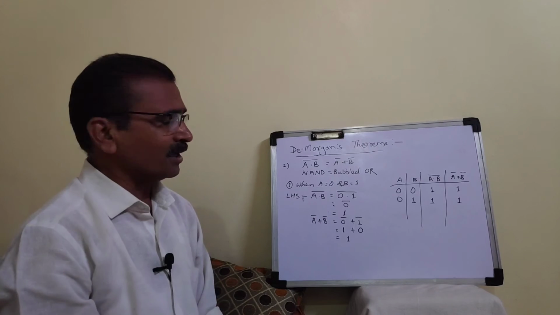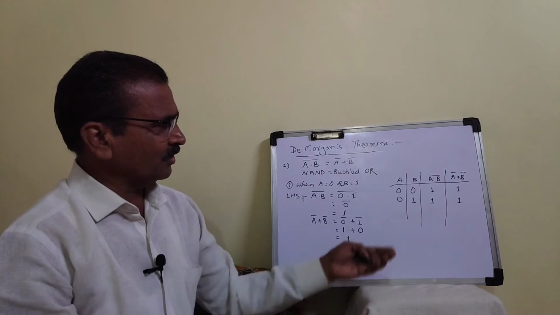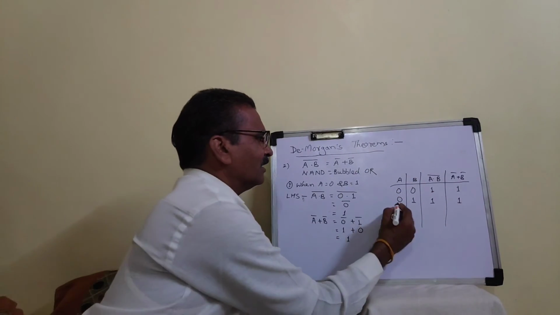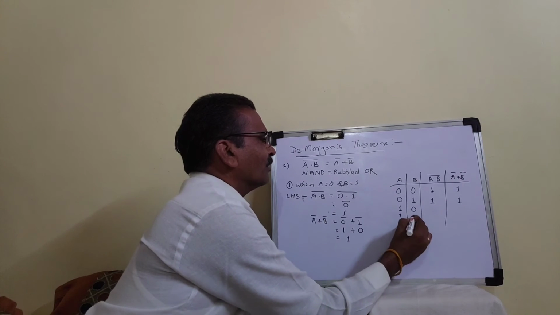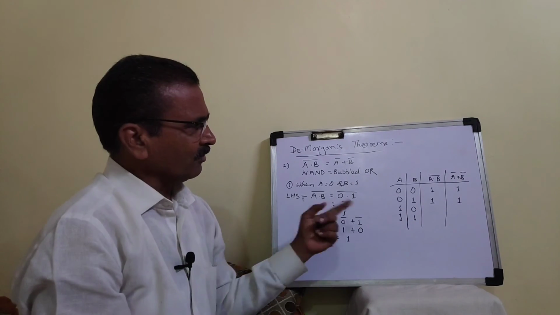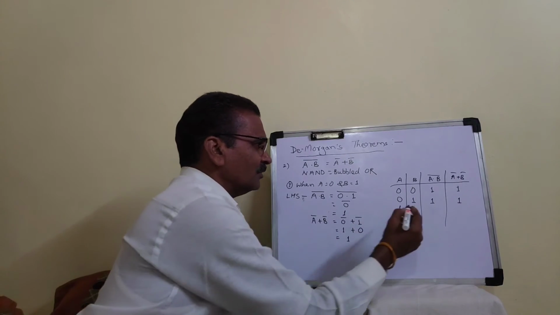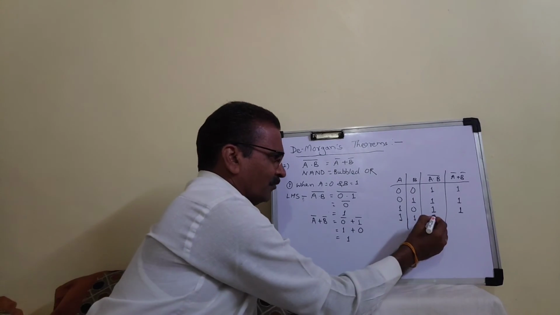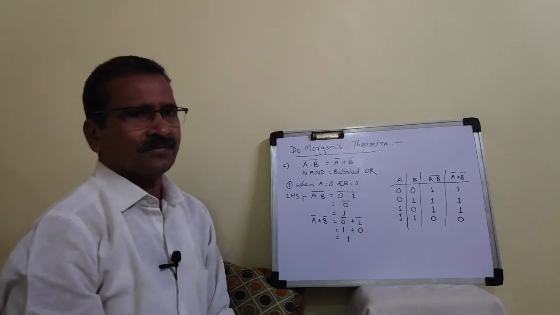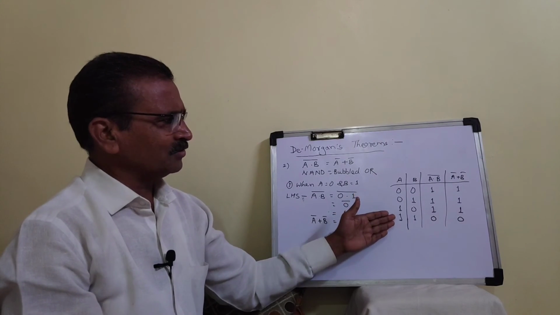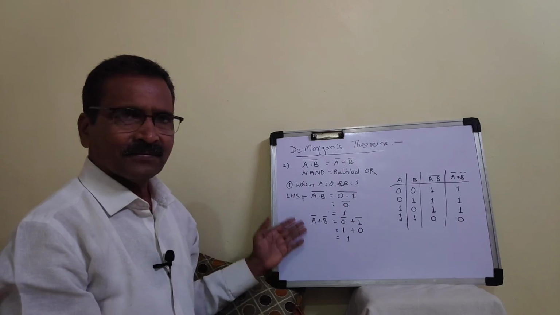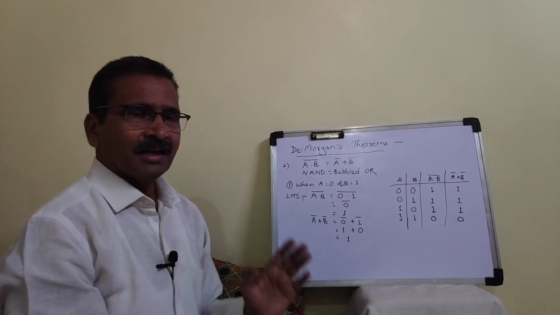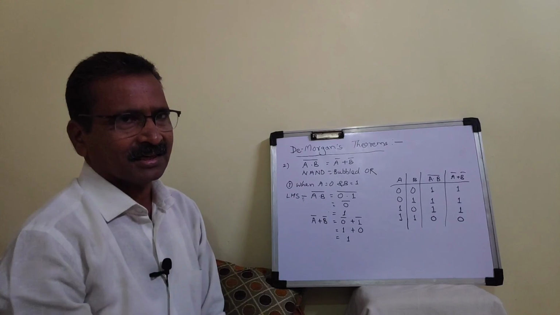So in this way, for condition number 3rd and 4th, you can find out the values of LHS and RHS for 1 0 and 1 1. Here we get for 1 0, here should be 1, here should be 1, and for 1 1 output will be 0. Clear? So you get these two conditions by solving this equation in this way. Clear? So this is our De Morgan's first as well as second theorem.